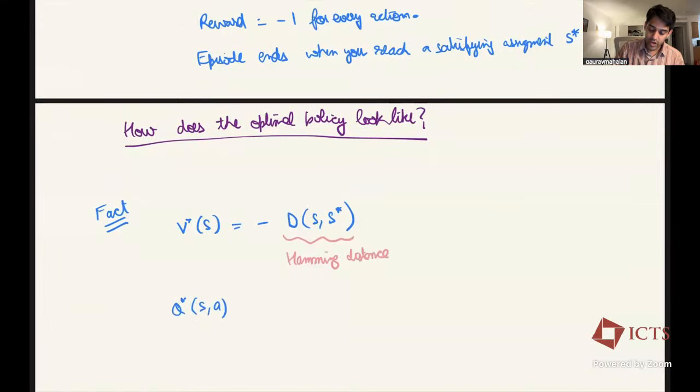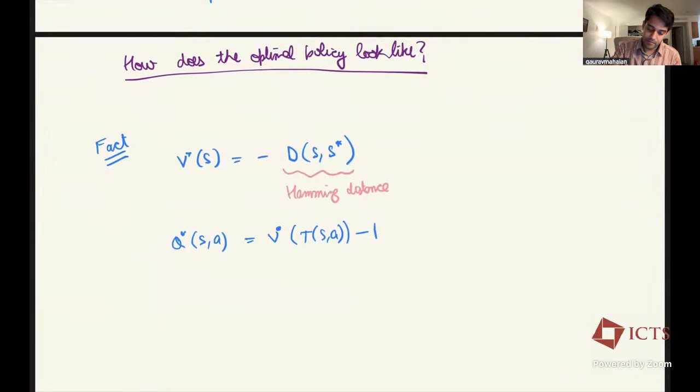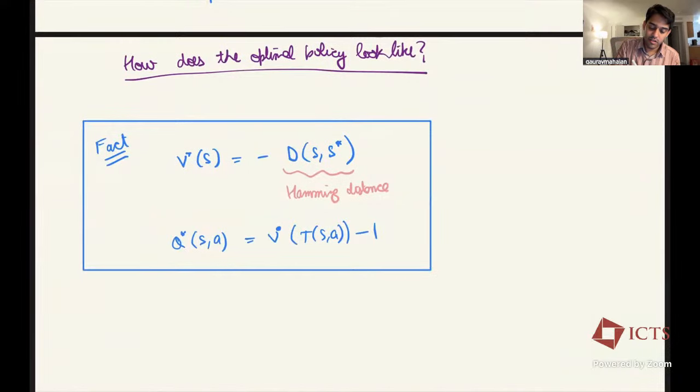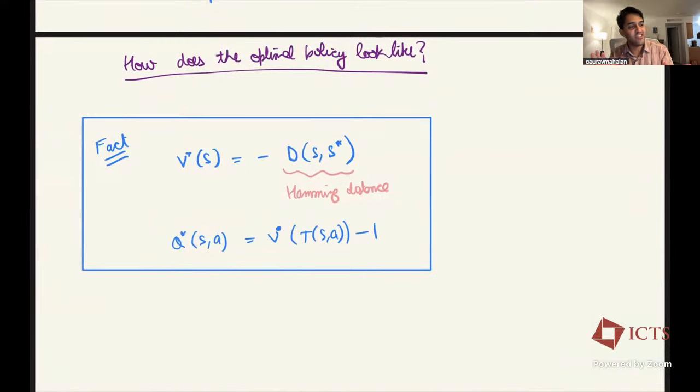And Q star of (S, A) is just V star of (T, S, A) minus 1, right? Because either you end up on a satisfying solution, in which case you end, there are no actions, or otherwise it's just minus 1. So it's linear. So both Q star and V star are linear. I haven't given you features, but I'm not going to do that because this is not going to work out. But at least we know they're linear, and also